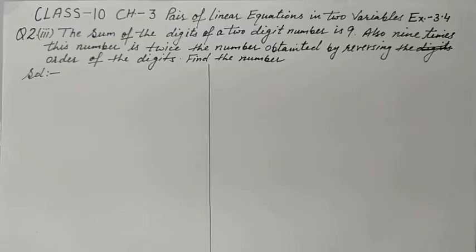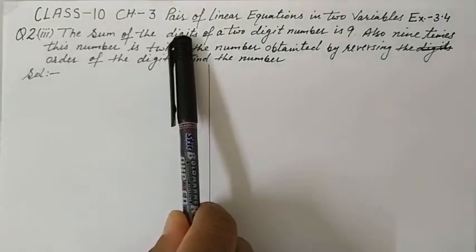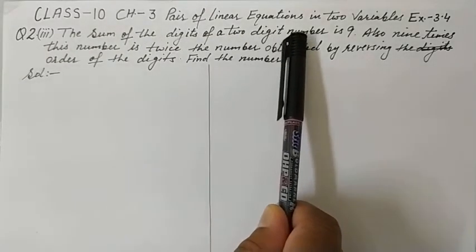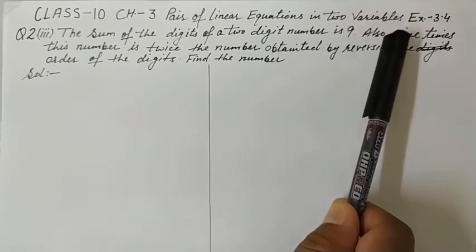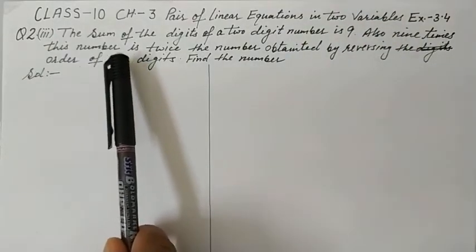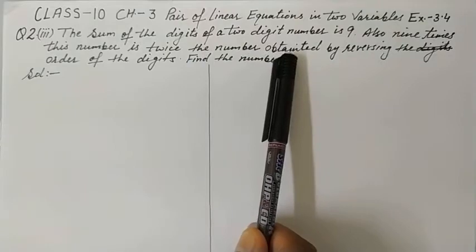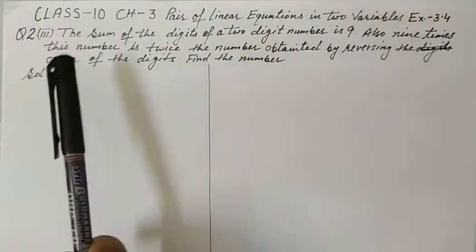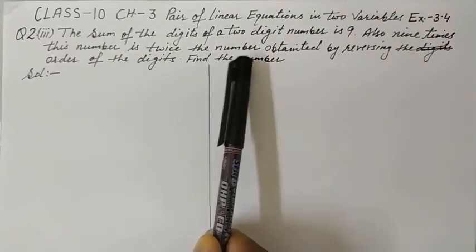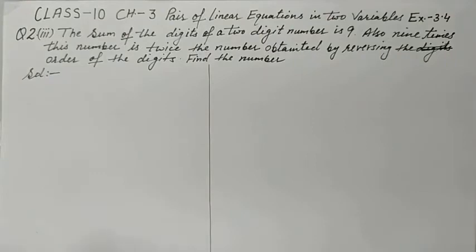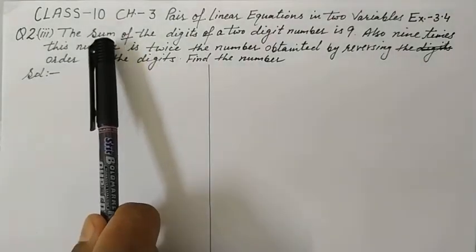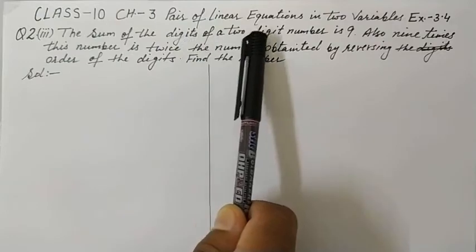Students, let's solve this question. The question is: the sum of the digits of a 2-digit number is 9. Also 9 times this number is twice the number obtained by reversing the order of the digits. So find the number. In this question, the first condition is that the sum of the digits of a two-digit number